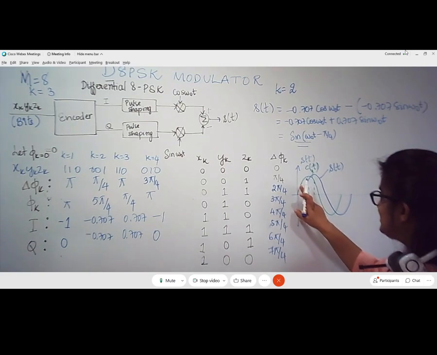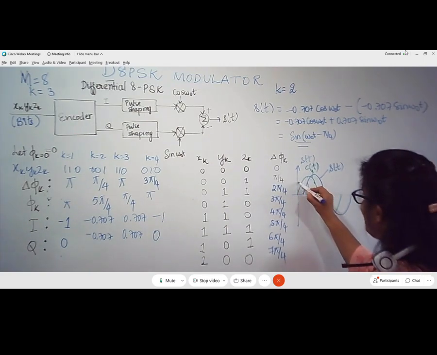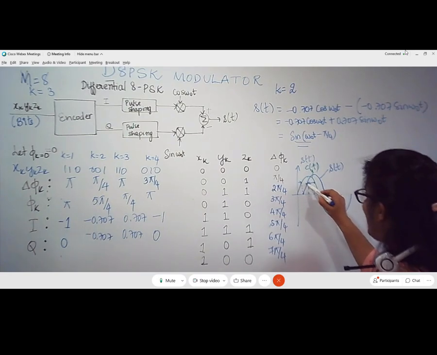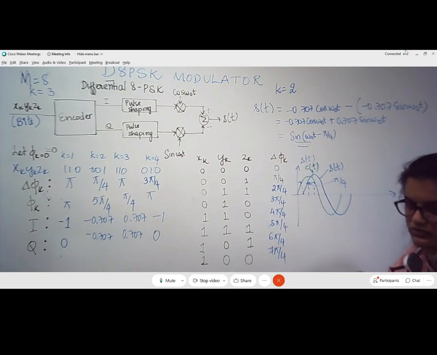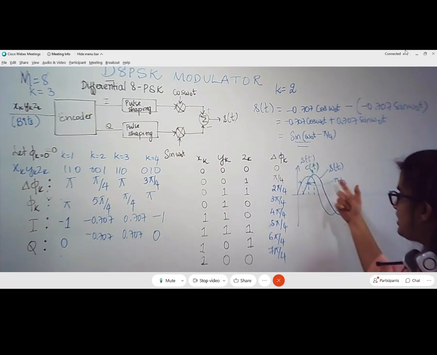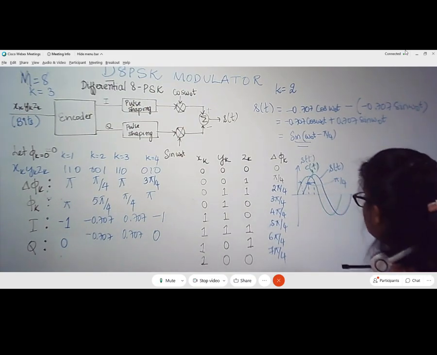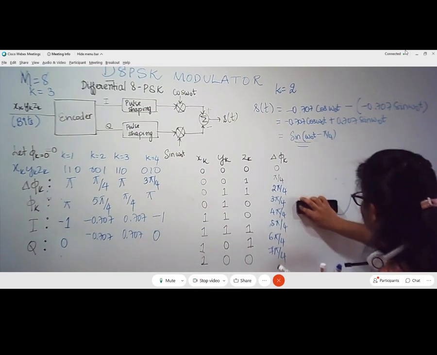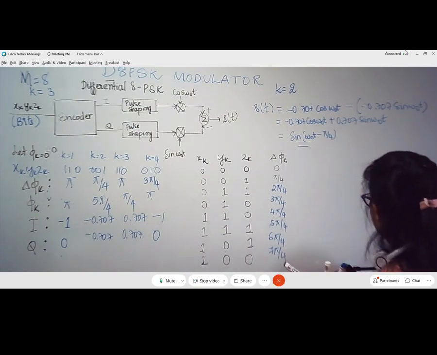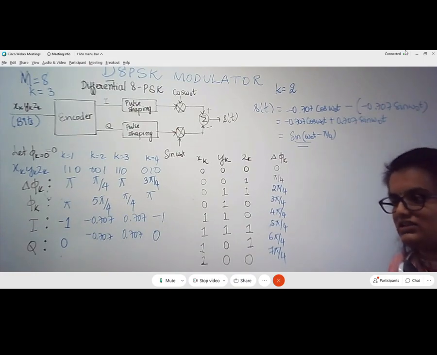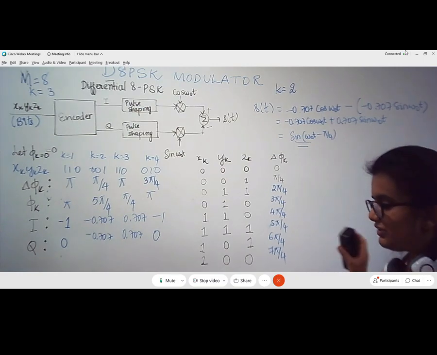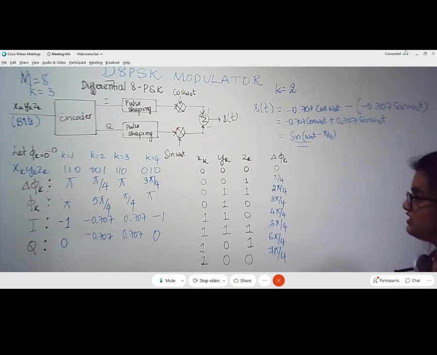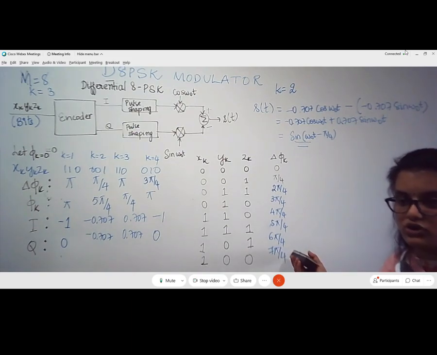Instead of sending the carrier itself, you are going to send phase delayed or phase lagged information, which is sent after pi by 4 phase. Is that clear? Fine. This is how the sinusoids are represented. So when we send this information, the receiver has to first identify the first symbol properly, only then it will get to know the rest of the symbols. That is one disadvantage of D8 PSK systems, differential systems. But I hope this modulator part is clear.